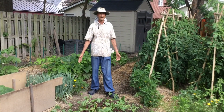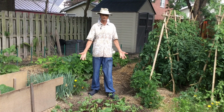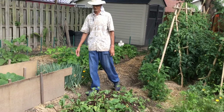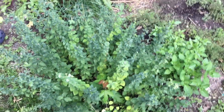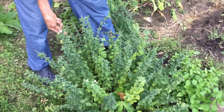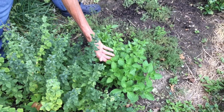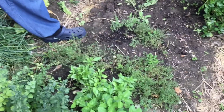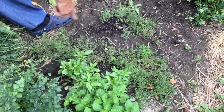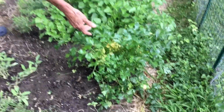Here we are at my wife and my home garden. And so I'd like to show you around. And first we're going to look at the herbs that Kathleen is growing. And here we have oregano, which is starting to flower. We have Tulsi basil, also known as holy basil, a fabulous medicinal herb. We have thyme, lots of thyme, and a little bit of sage. And here we have Italian parsley,